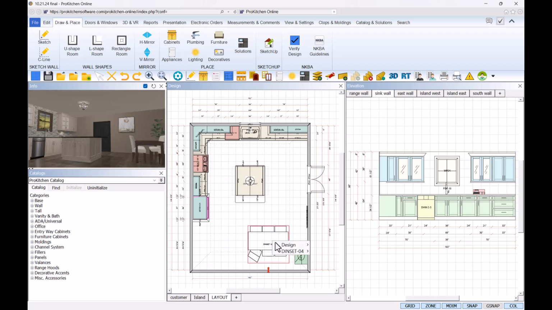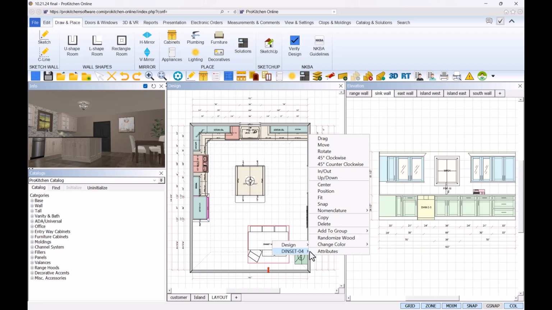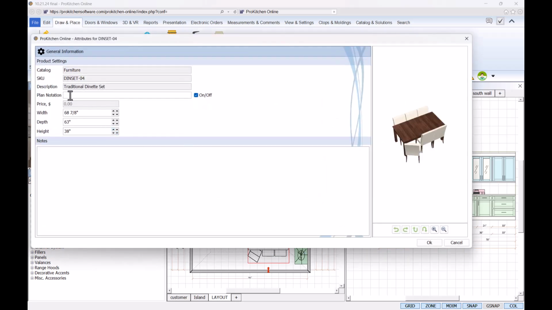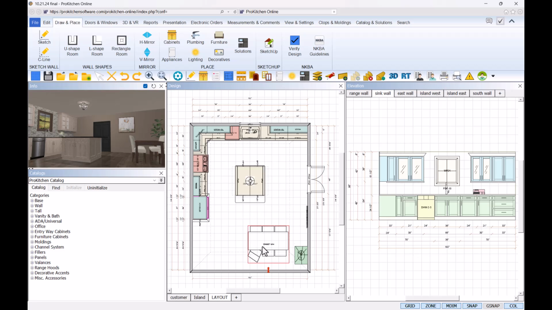Every furniture and decorative item will have its own right-click toolbox with the standard right-click tools, all of which will operate exactly as they do for cabinet components. And each item will also provide access to attributes, where you may add a plan notation and alter item dimensions for visual needs. When it comes to moving large furniture items into the desired location, there may be some challenges